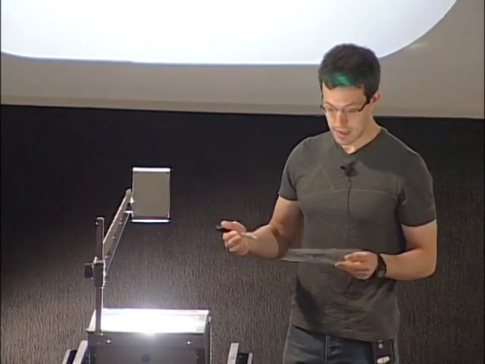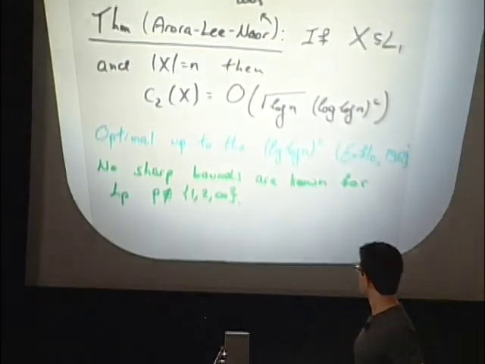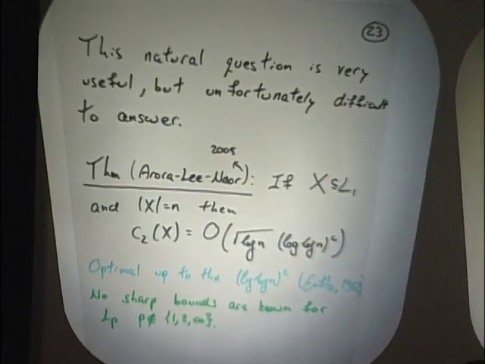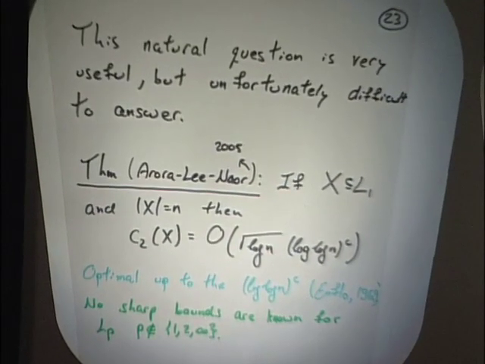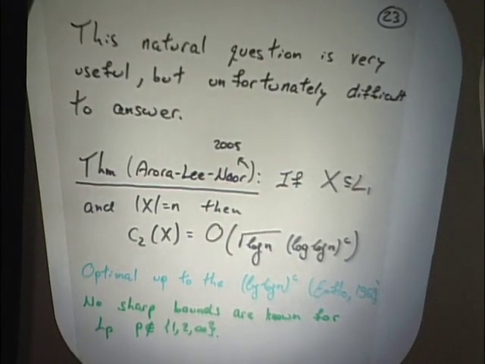Unfortunately, there are very few situations where we can answer this question because it's difficult to somehow find the worst endpoint subset of some big infinite object. Let me give you a few examples and maybe mention an open question or two. So for subsets of L1, this is the truth. Here's the theorem: if you give me any endpoint subset of L1, you can embed